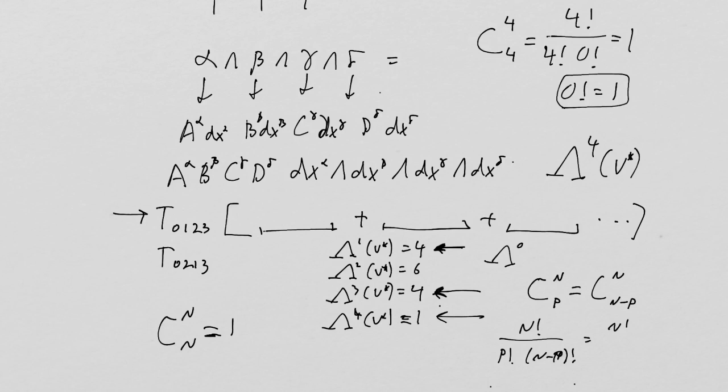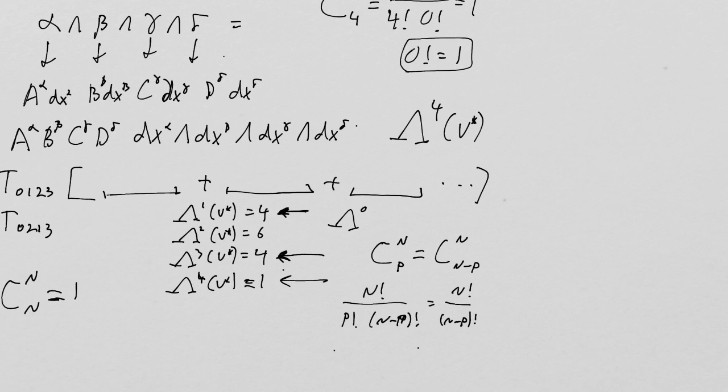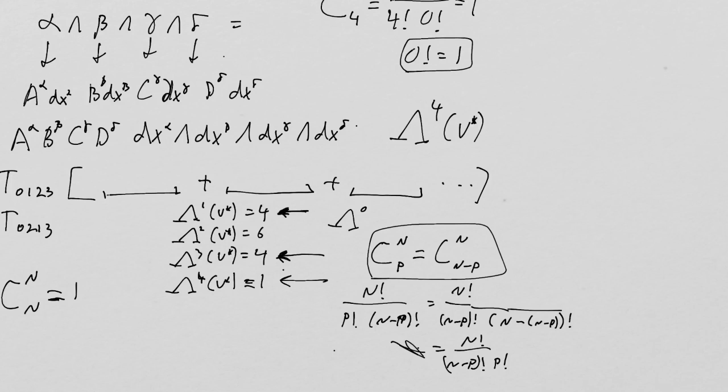But that's going to equal n factorial over (n minus P) factorial times n minus (n minus P) factorial, which of course equals n factorial over (n minus P) factorial, (n minus n plus P), over P factorial, right? So these two are the same. So that's always an important fact, because it establishes what we're going to call a dual relationship between these two